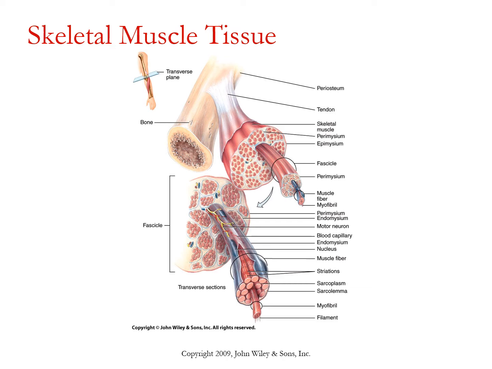And then several fascicles with their perimysium, along with blood vessels, lymphatics, and nerves, are bundled together to form the entire muscle, and the entire muscle is surrounded by the most superficial connective tissue layer